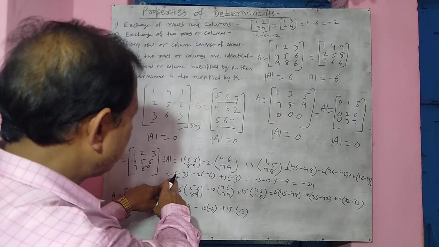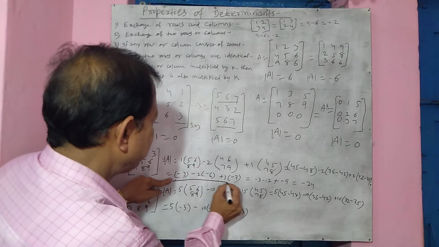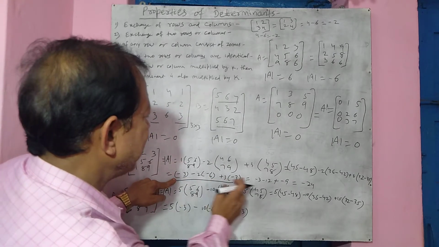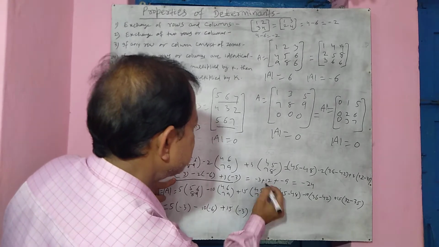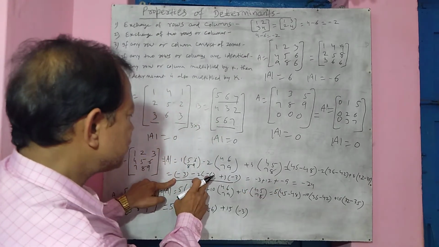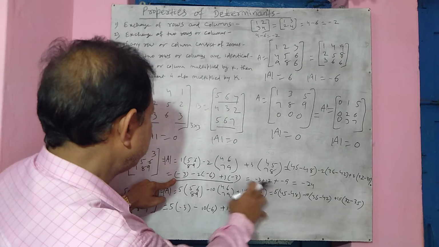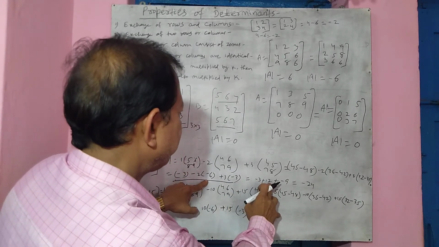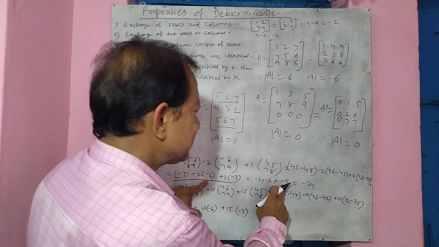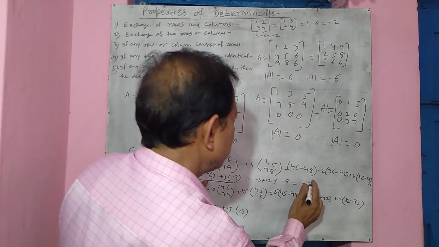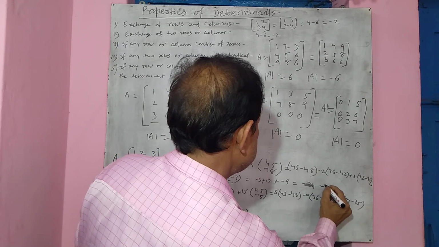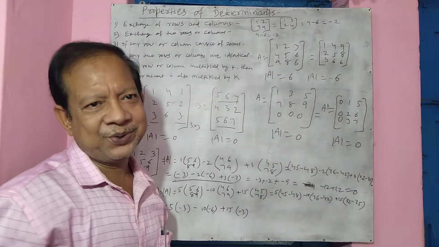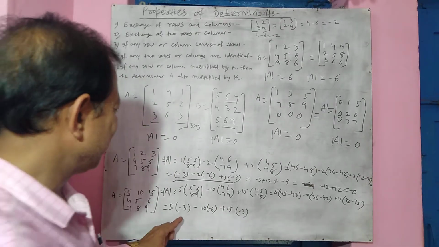Now you see here we have made a little mistake. Minus 2 into minus 6 is plus 12. This is plus 12. Okay. You see, minus 6 into minus 2 is plus 12. So minus 3 plus 12 plus minus 9 is equal to minus 12 plus 12, which is equal to 0. Oh, it has become 0. Okay.